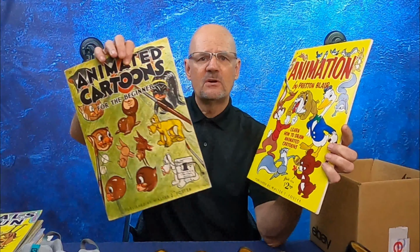Then I got these. I thought these were pretty cool. These are artist instruction booklets. As you can see, these are vintage. These are probably from the 1970s, 1980s. This one is Animation by Preston Blair. Learn how to draw animated cartoons. Most of the books that I bought have this guy's name, published by Walter T. Foster. How to Draw Cartoons,